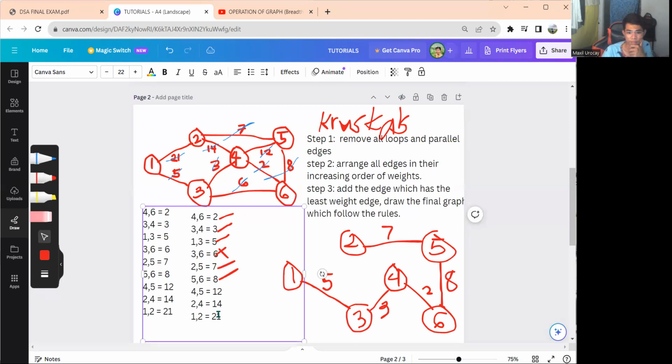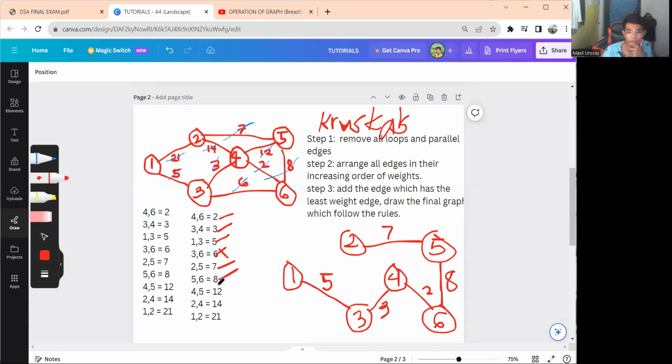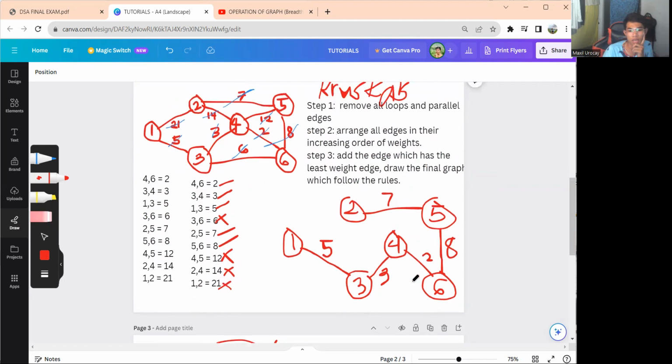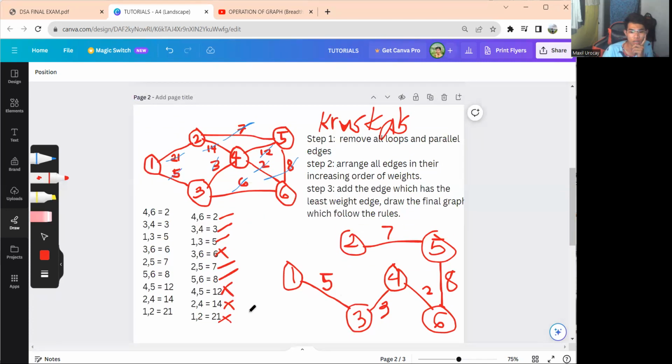4 to 5. Since we are done with 4 to 6, which is the number 2. So 4 to 5, I only realized just now. 4 to 5 is a cycle, so therefore we cannot use that one. 2 to 4 will definitely be a cycle, we cannot use. 1 to 2 is still a cycle, we can't use. So that is the only thing that you'll be going to do in your particular